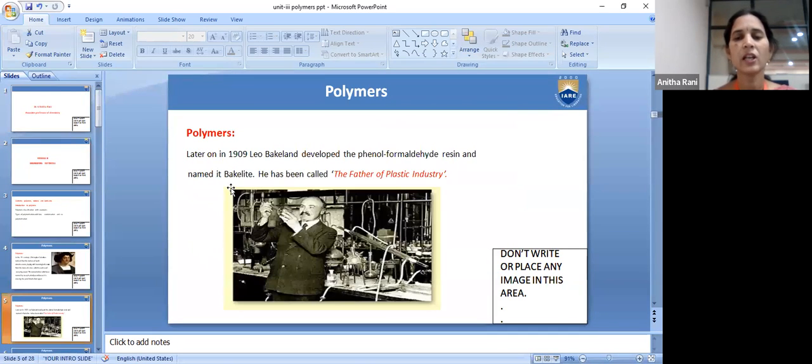Now next, later on in 1909, the scientist Leo Baekeland developed one polymer. He developed the phenol formaldehyde resin. The name given is Bakelite. So he prepared this by taking the